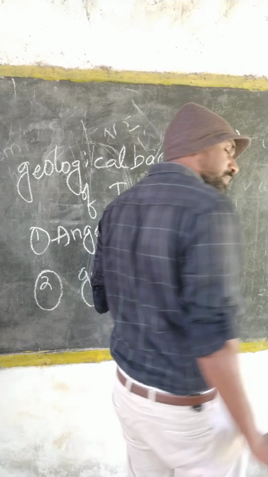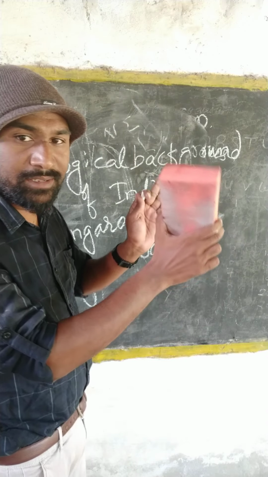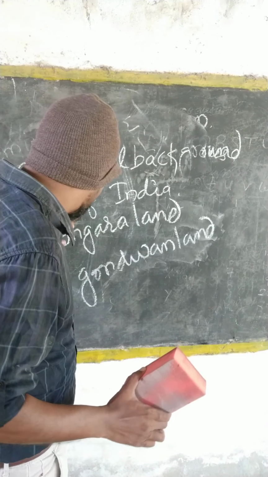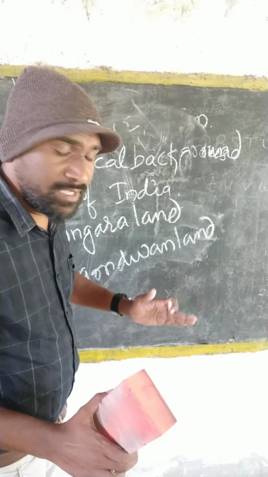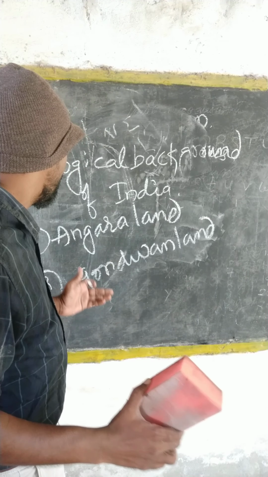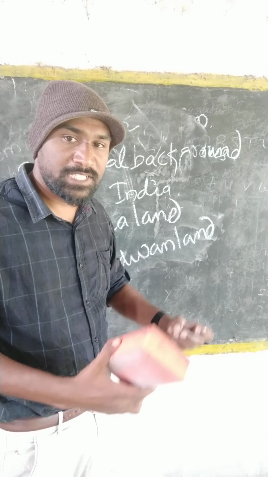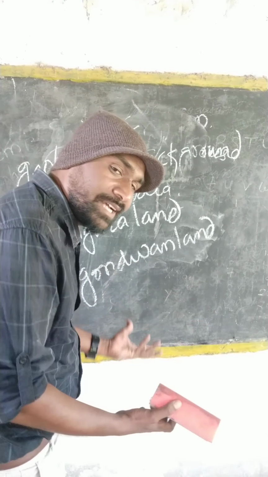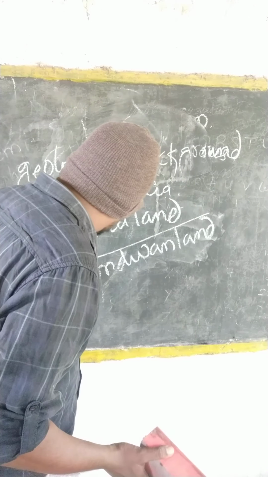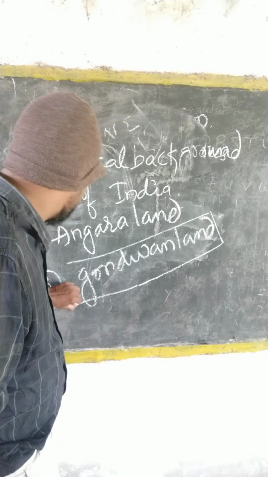So what I mean is, before the continents, the whole land was only two plates. That is Angara land and Gondwana land. Further, those two were moving towards each other and they collided and it divided into many parts. Many parts means 7 plates. Those 7 plates we call continents. So that's the reason. Before the formation of these continents, India lay in Gondwana